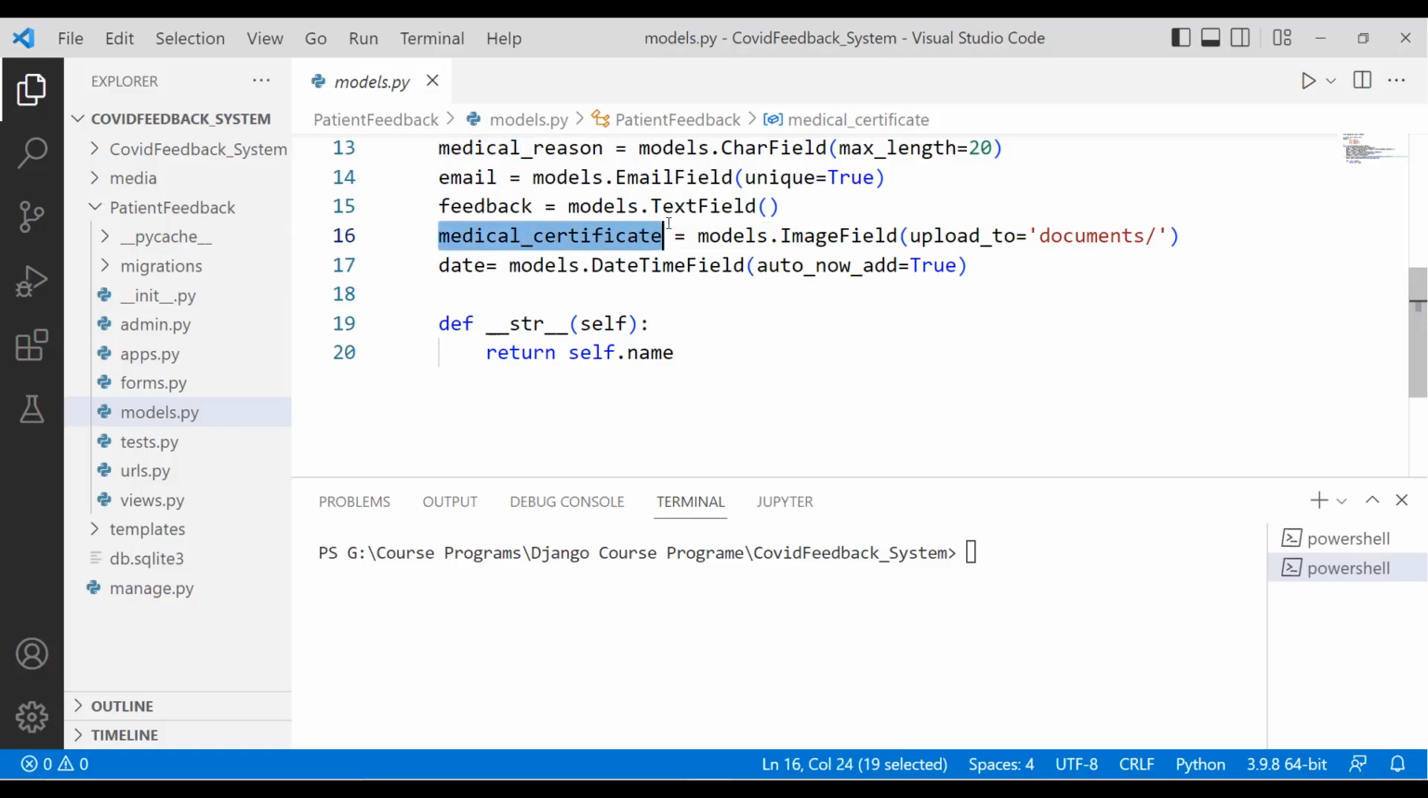Then I create a field with the name medical certificate and I take an image field class of the models and I pass a keyword argument upload to, which defines the location within the folder where I want to save it. So I set its value to document. Then I create another field date and I use the datetime field option and I pass a keyword auto now add keyword, so it automatically sets the date, and then I return the name as a object name of the